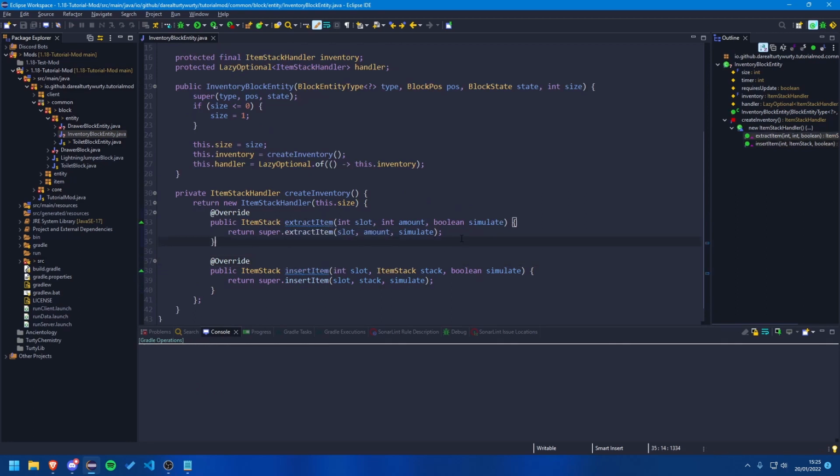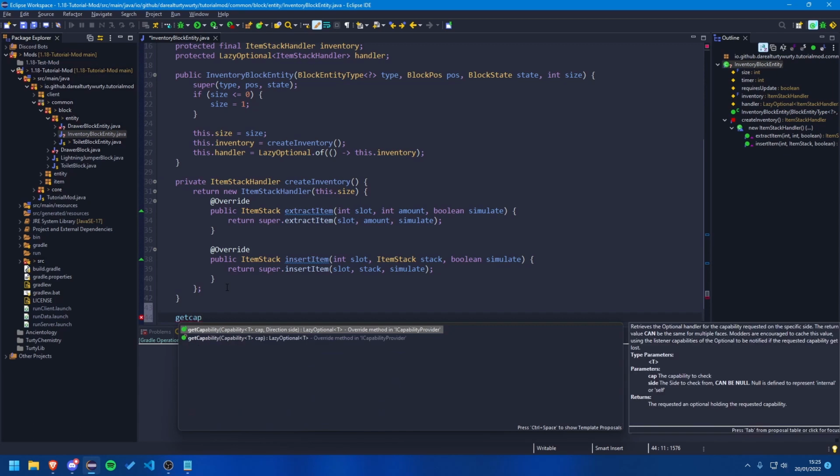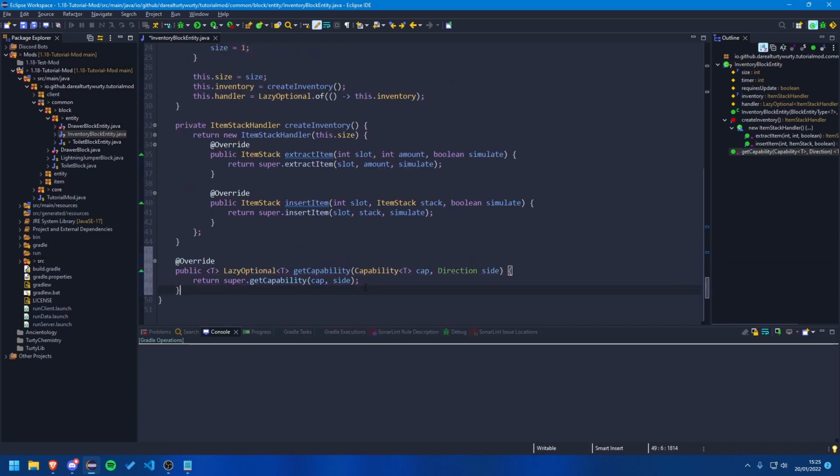Okay, and just before, actually we'll leave that for a second. Yeah, we'll leave that. So let's now create our capability stuff. So we're going to want to override get capability. The one that takes in the side is preferable. And in here we're just going to return cap, which is the capability that's being passed in, is equal to,